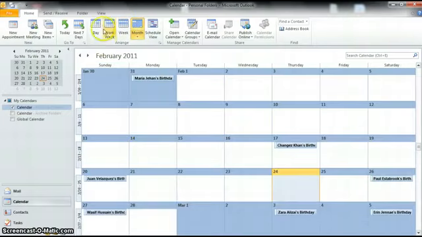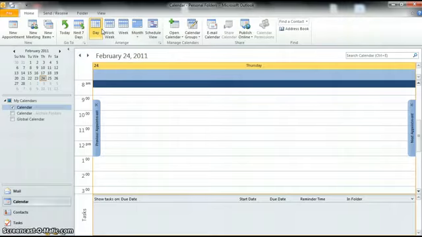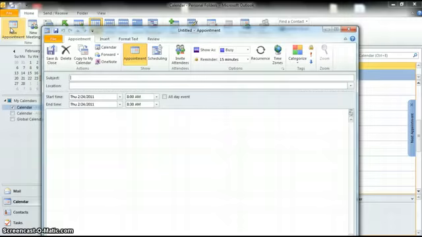Now, I have this on today's date, and one important thing that we can do is set up an appointment. You'll see a new appointment. Just go ahead and click on that here, and you'll see a new window launch for you to save your information. Type a subject,